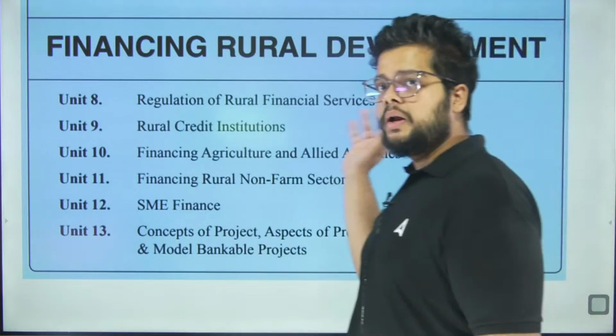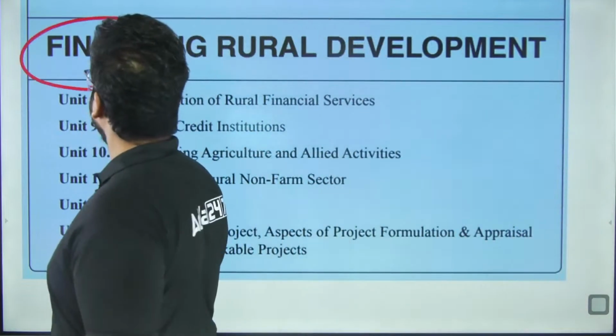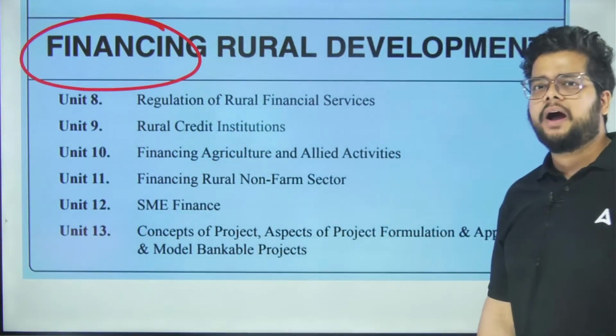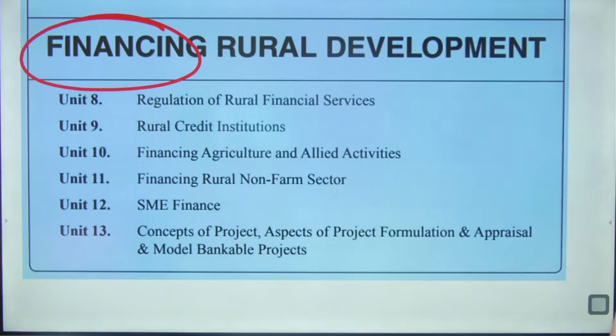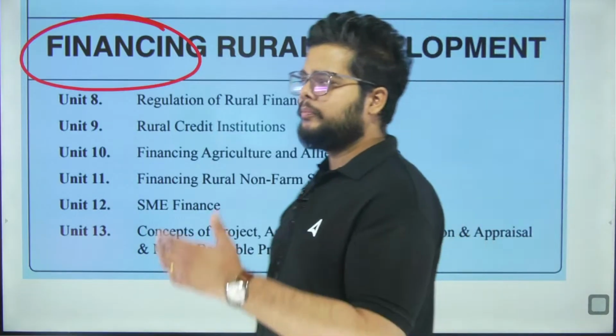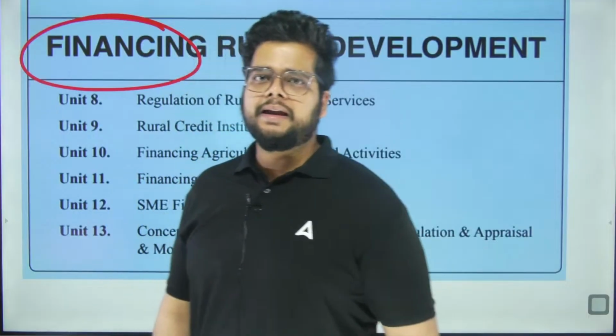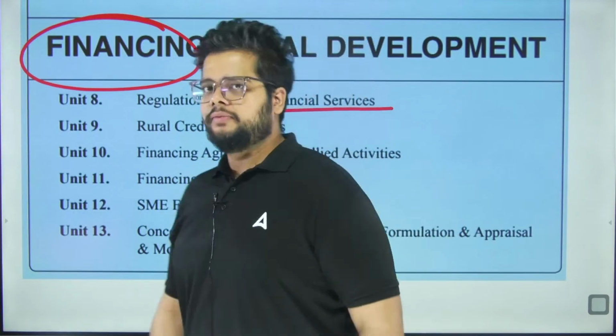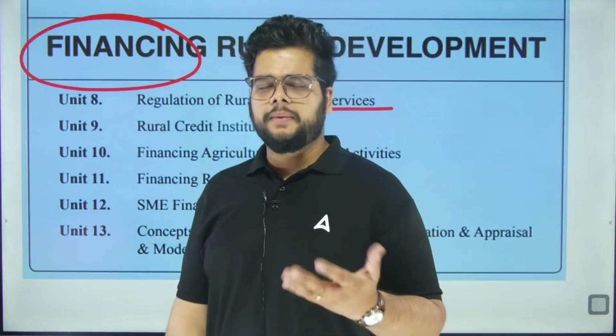Financing the rural development. The name will suggest its importance, that is financing the rural development. And how will you finance the rural development? Via banks. Okay, agri credit, the separate vertical for agri credit will be there. Regulation of rural financial services will be the first unit, that is unit number 8, the first unit